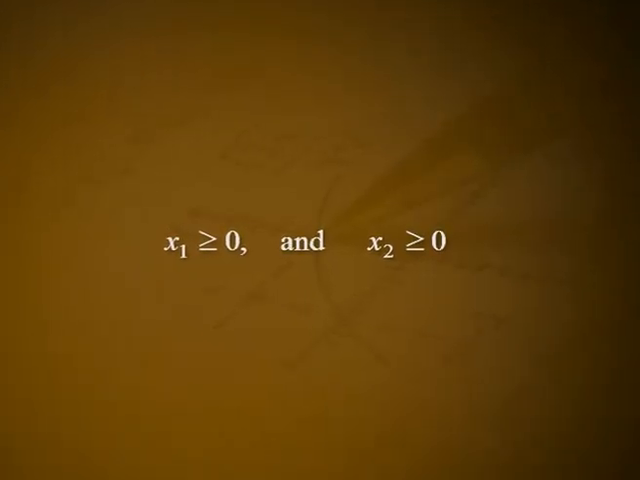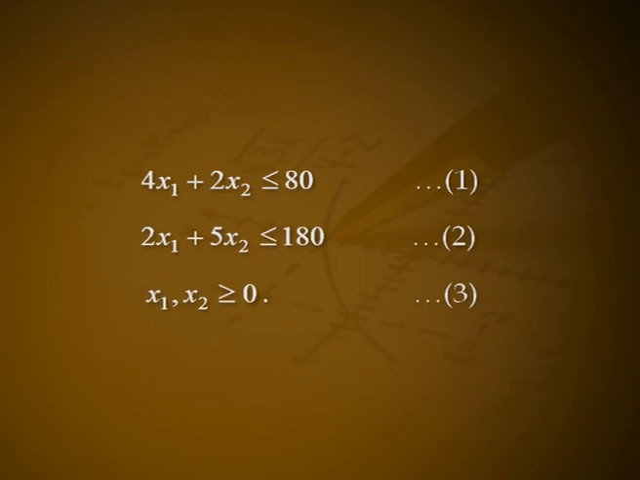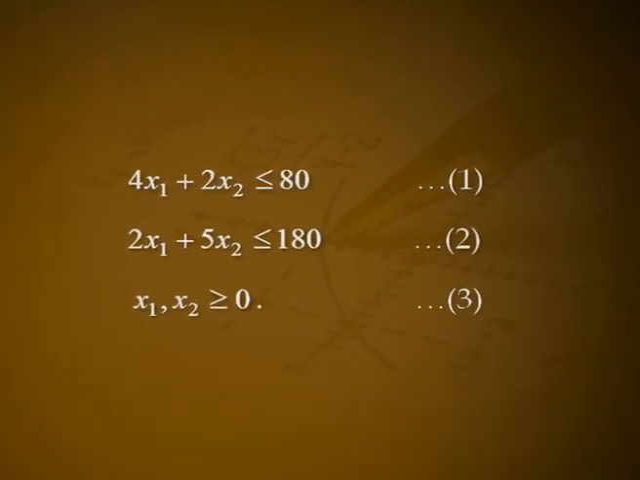Also, since it is not possible to produce a negative number of models, it is obvious that we must also have x1 greater than or equal to 0 and x2 greater than or equal to 0. Hence, the manufacturer's allocation problem can be formulated mathematically as: find two real numbers x1 and x2 which maximize z equal to 3x1 plus 4x2 such that 4x1 plus 2x2 less than or equal to 80, number 1, 2x1 plus 5x2